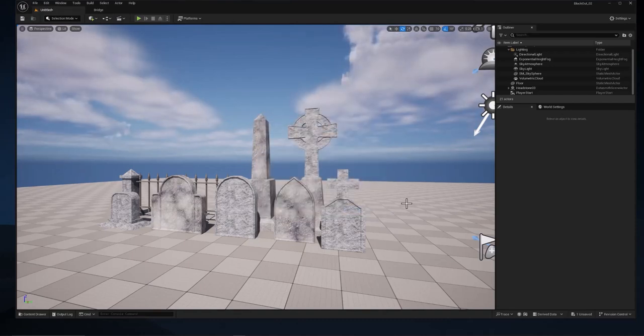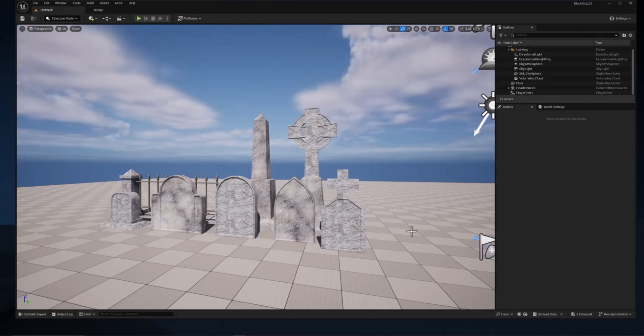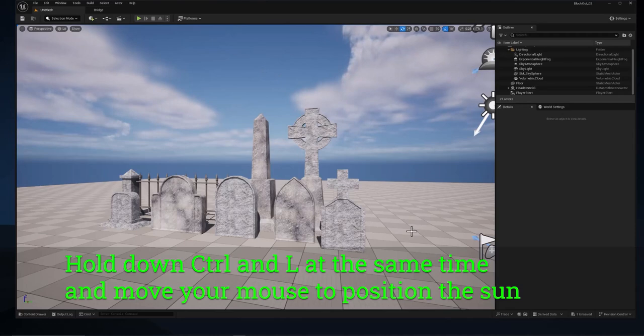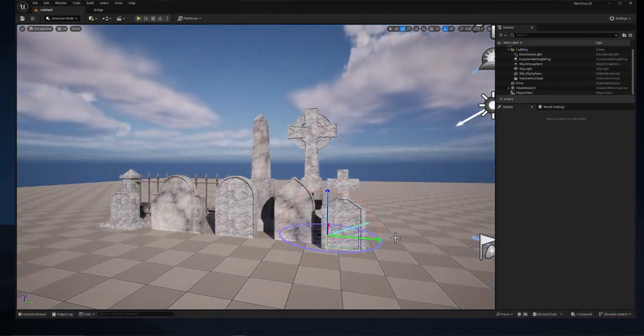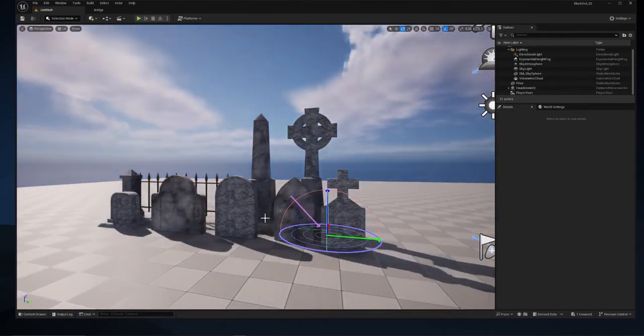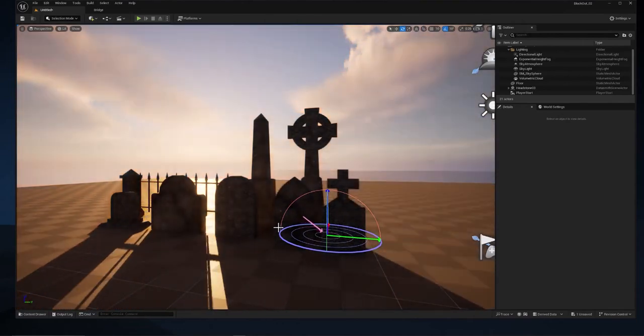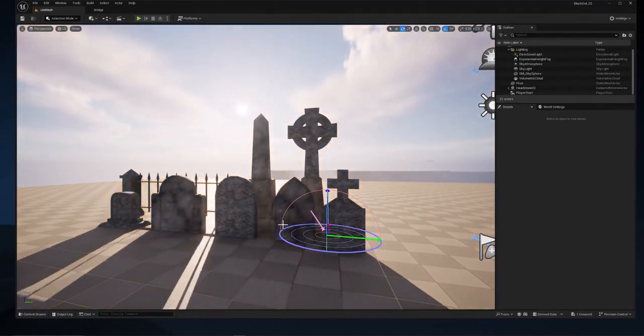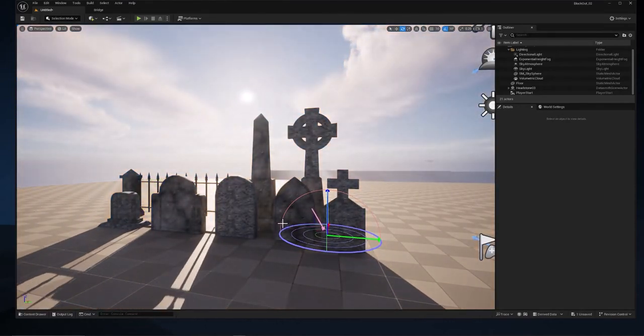So the first thing I want to do is put the sun behind the objects here. Now to do that, you hold down Control and L, and that brings up this little compass thing, and then you can put the sun down in the sky and move it around on the horizon. And you can see there it is. And I'm going to let go of Control L when I get it where I want it,